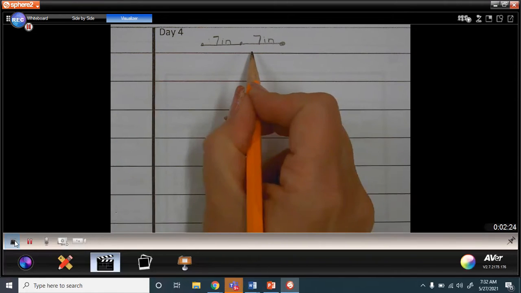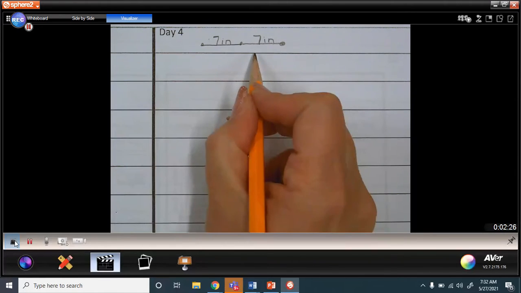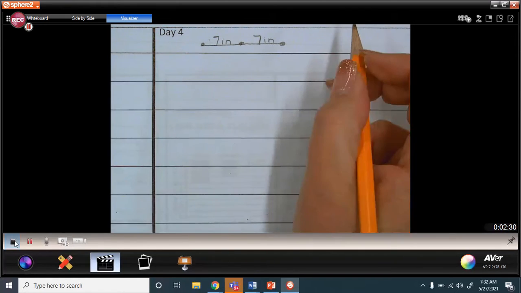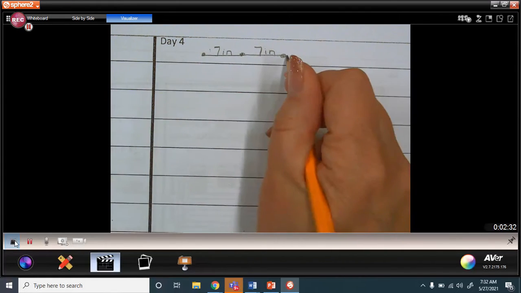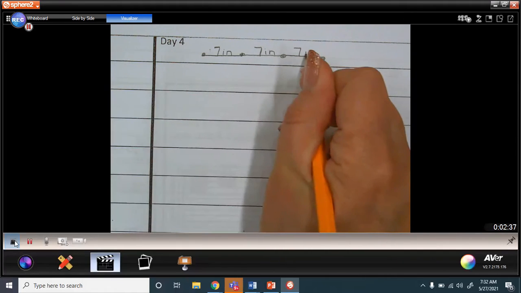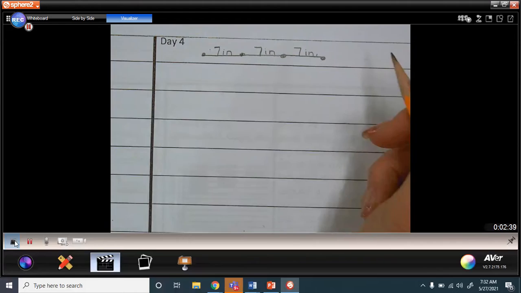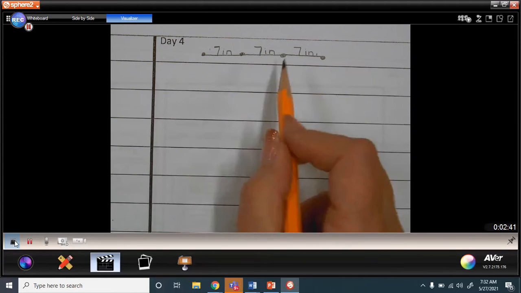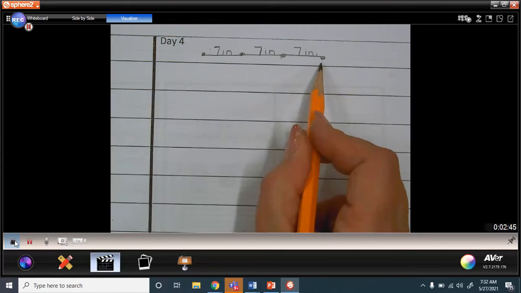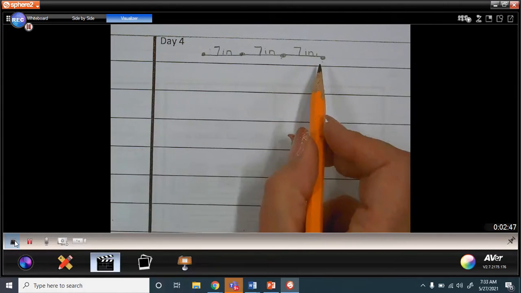Now, so far, we have 7 and 7, which makes 14. So that's not the 21 inches in length yet. And then I'm going to draw another piece of string, and I'm going to label that 7 inches to kind of help me visualize what's happening here. And now I have 7, 7, and 7. So I have 3 groups of 7, and that gives me,